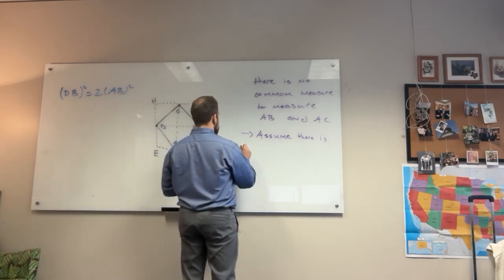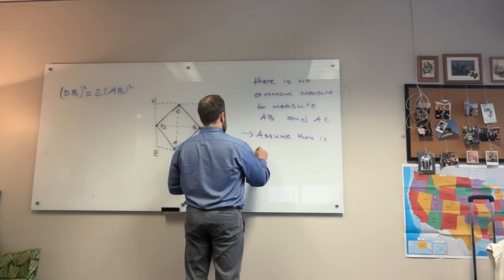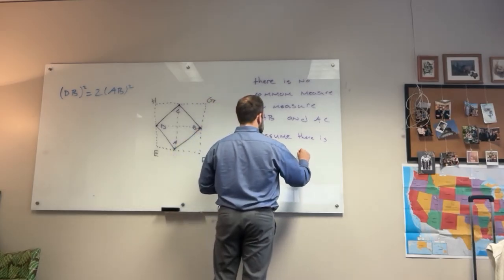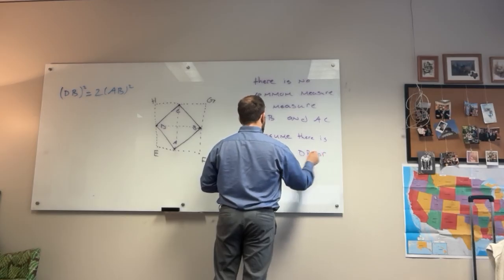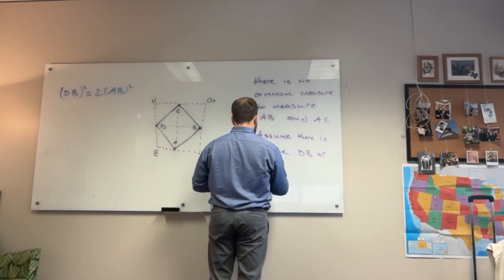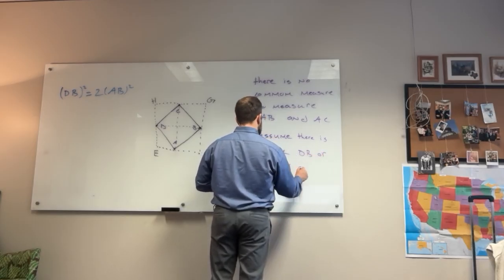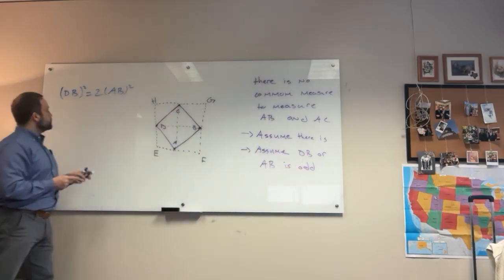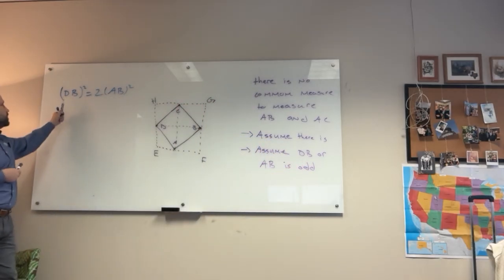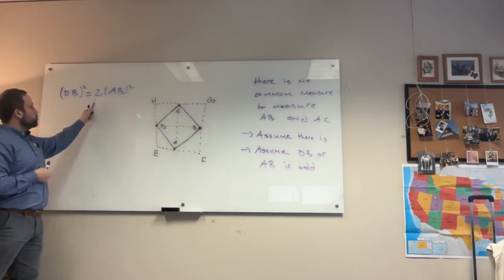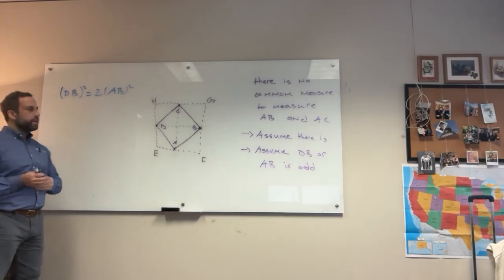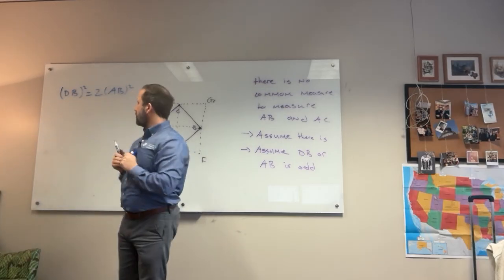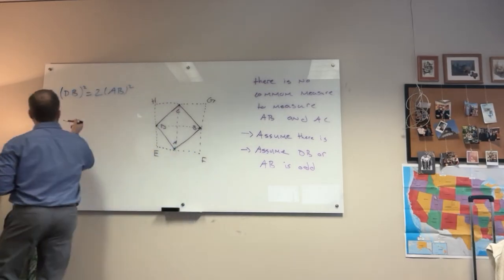Or sorry, assume at least one is odd. Assume that DB or AB is odd. So we're going to assume that DB or AB is odd. Now let's look over here. This says DB squared is equal to 2 times a square. So what does this mean? It means DB squared